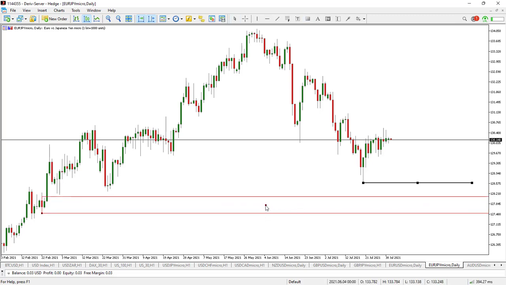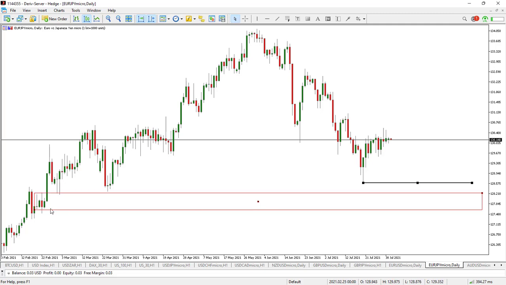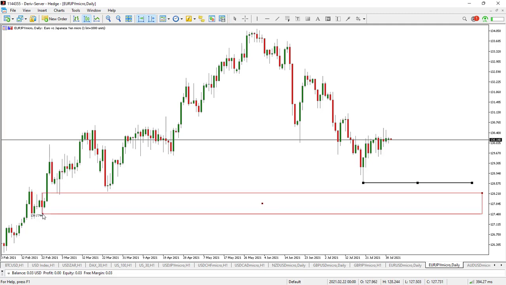I'll be expecting to see the market taking out this trade into this order block, and then this is my anticipation, guys, on this pair. And then going forth